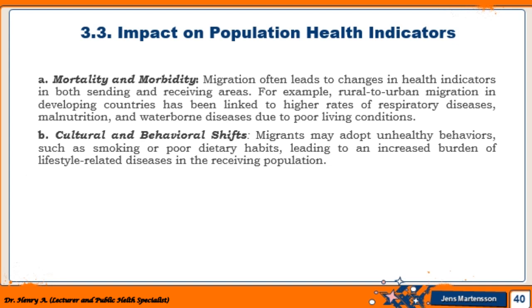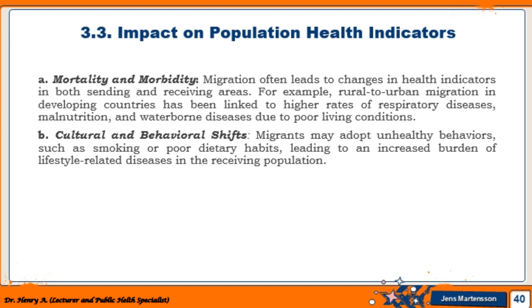I told you about the key indicators that help you look at what is to be considered. Now, the impact on population health indicators. Let's see mortality and morbidity, and then we look at cultural and behavioral shifts. For mortality and morbidity, we know that migration can affect health outcomes in both origin and destination areas. For example, rural to urban migration is often linked to higher rates of respiratory disease, waterborne diseases, and malnutrition due